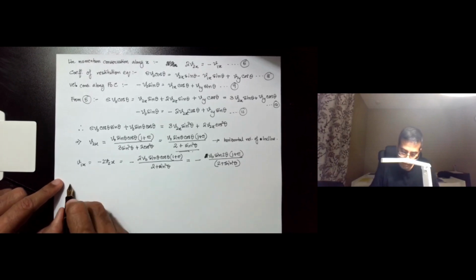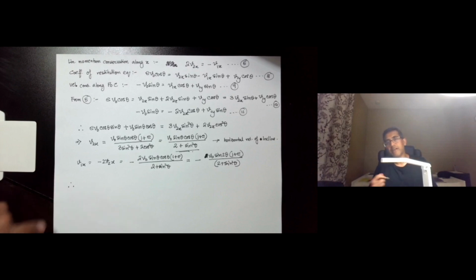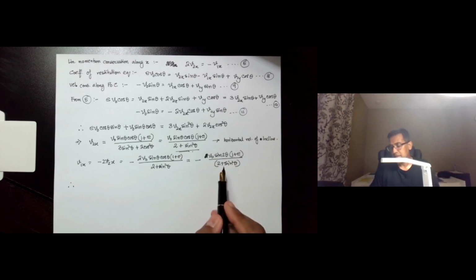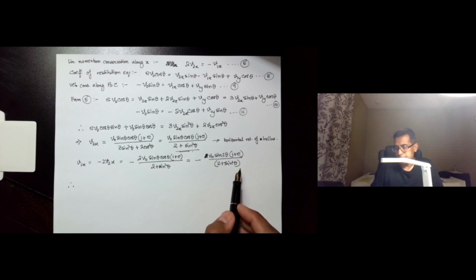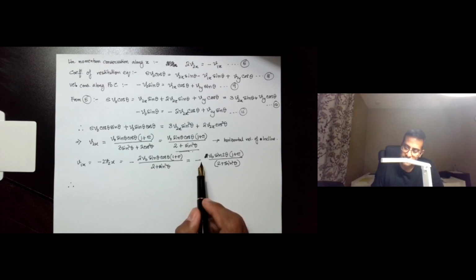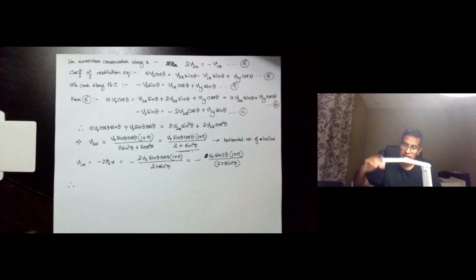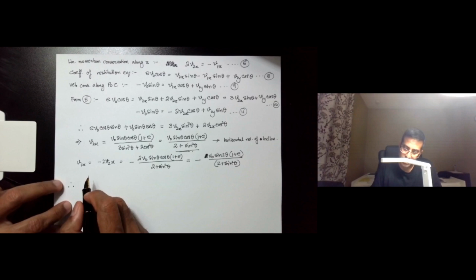And lastly, we want to find v1y, the vertical component of the particle's velocity after the impact. One thing you can see here is that the x component of the particle's velocity after the impact is negative, which means that the particle is rebounding. It's not going in the positive x direction, it's going in the negative x direction. That is expected because it's an inclined plane and the particle falls on the incline. You expect it to go in the negative x direction. Now in the y direction, the velocity is going to be